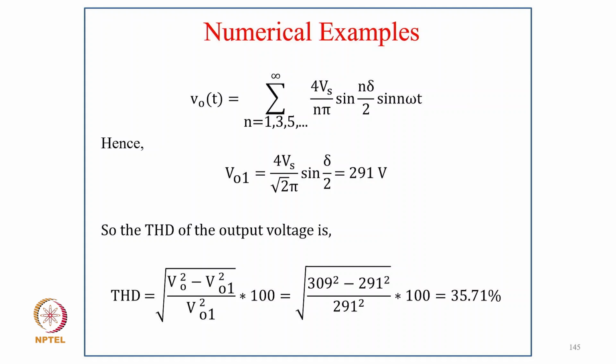into sin omega t, and VO1 equal to 4 Vs upon root 2 pi sin delta by 2, that is 291 volt. And the THD of the output voltage is the root of VO square minus VO1 square, divided by VO1 square. Putting in the values, it comes to